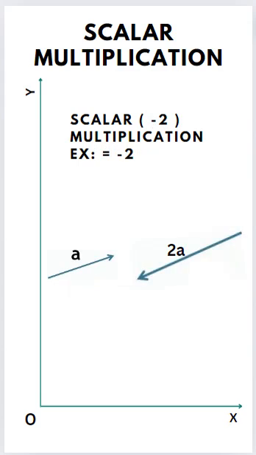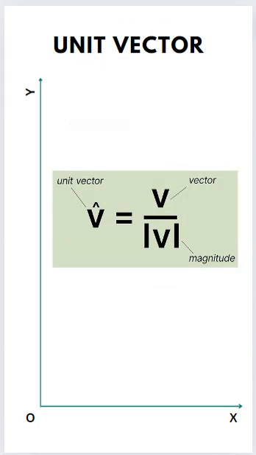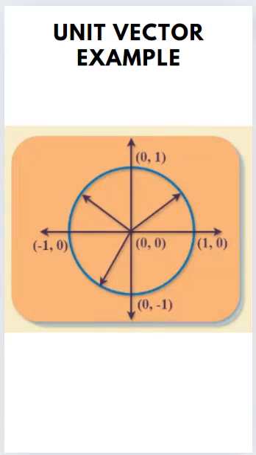Here algebraic multiplication is used. If a vector A is multiplied by a negative number, say -2, the magnitude of the resultant vector becomes twice the magnitude of vector A and the direction of the resultant vector is opposite to the direction of the original vector A. A unit vector is defined as a vector that has a magnitude of 1 unit irrespective of the direction. A unit vector in the direction of a given vector A can be obtained by dividing the vector A by its magnitude. Draw a circle of radius 1 unit with the origin at the center. You will notice that a line joining the origin and any point on the circle is a unit vector.